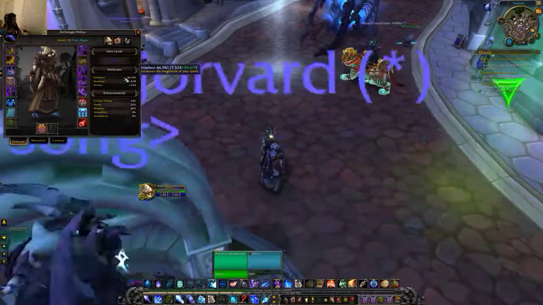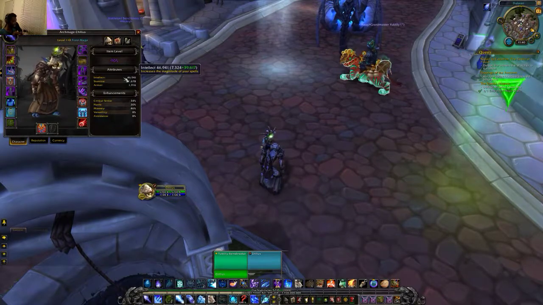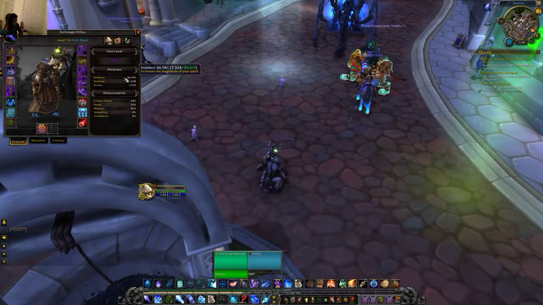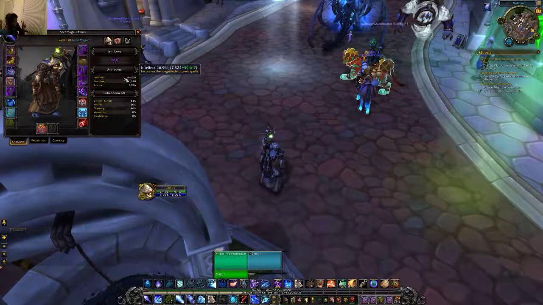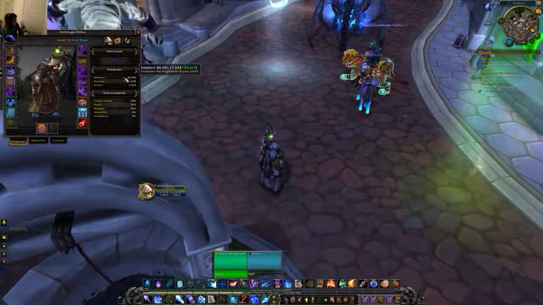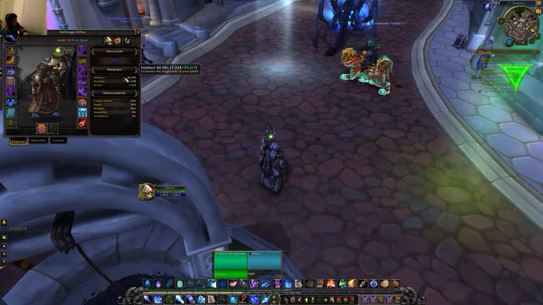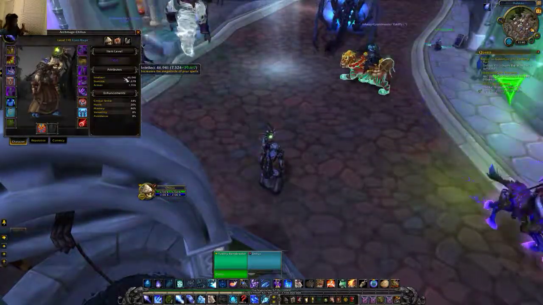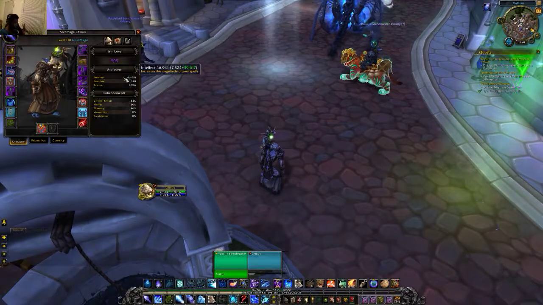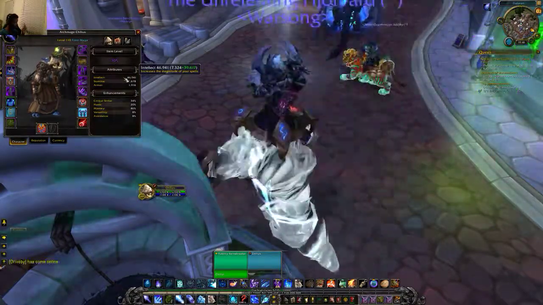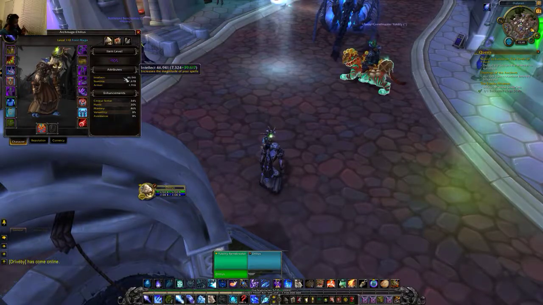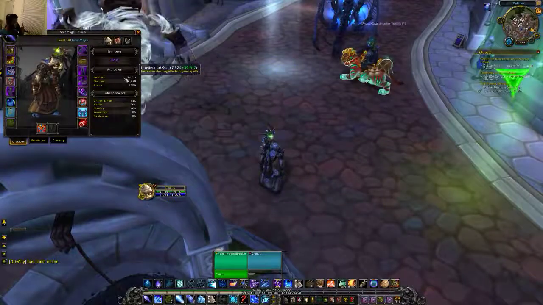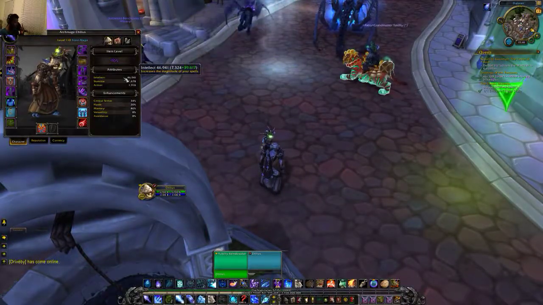So every single class has 3 different specializations depending on what class you're playing, except for 2. Demon hunters only have 2, and druids have 4. And there are 3 roles in this game, 2 different ways to do one of them. I'm sorry. So there's damage dealer, which pretty much it's your job to do as much damage as possible